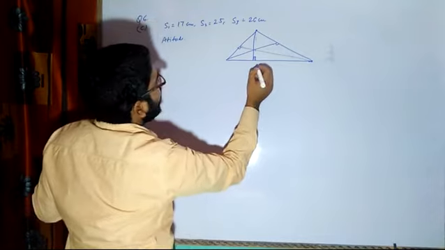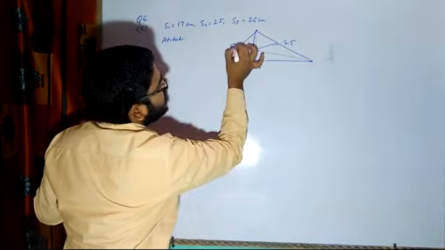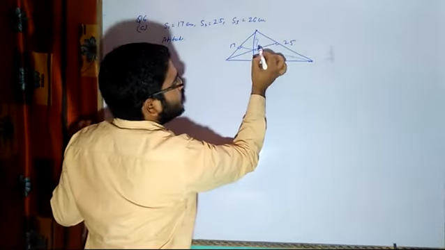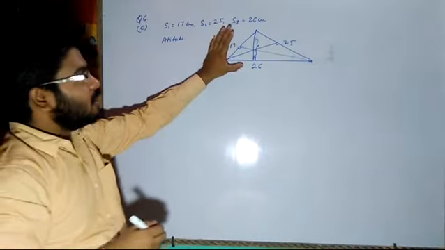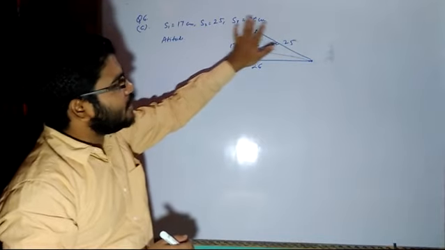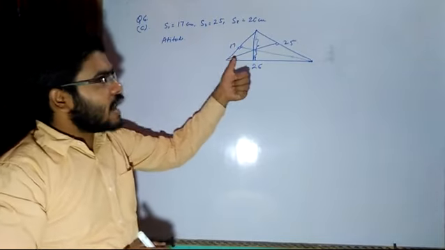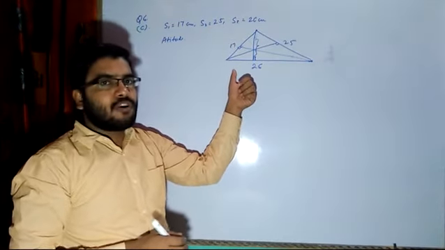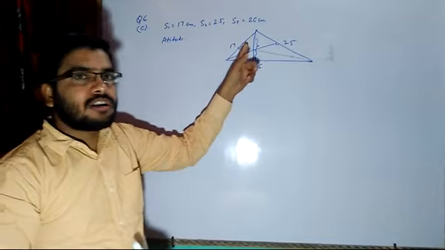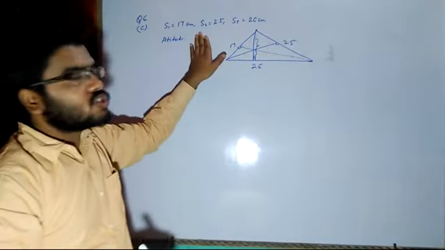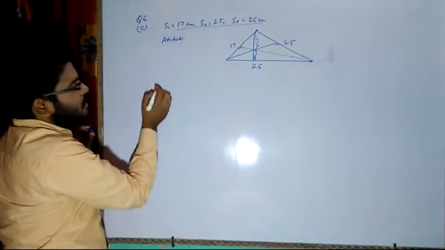So, they are saying that I have a triangle whose dimensions are 26, 25 and 17, and I have to tell you the value of the altitude. Now, it is a mixture of two problems. First of all, we have to calculate the area of this triangle with the help of only Heron's formula, because I cannot apply half into base into height formula here since I don't have the altitude. Second, I cannot apply the equilateral triangle formula since it is not an equilateral triangle. So, our first task will be to find the area.